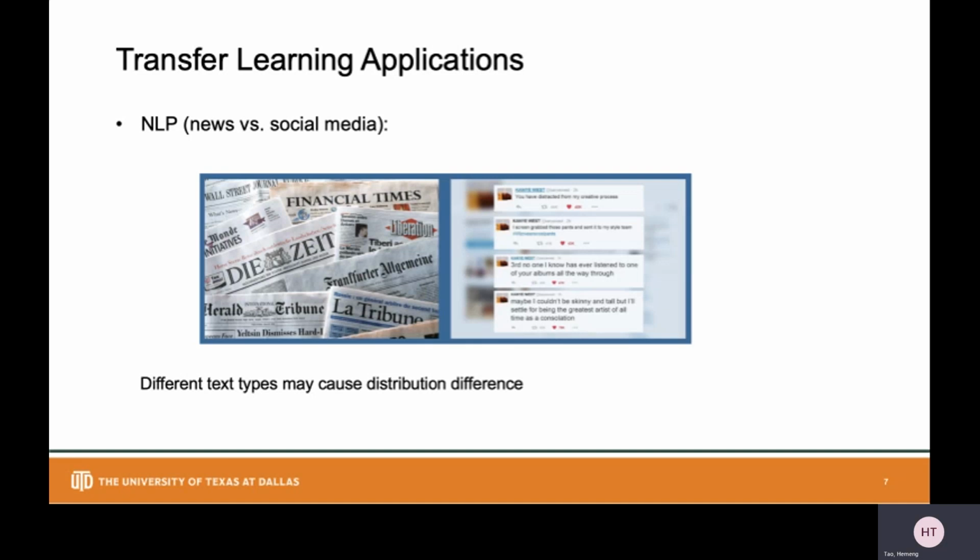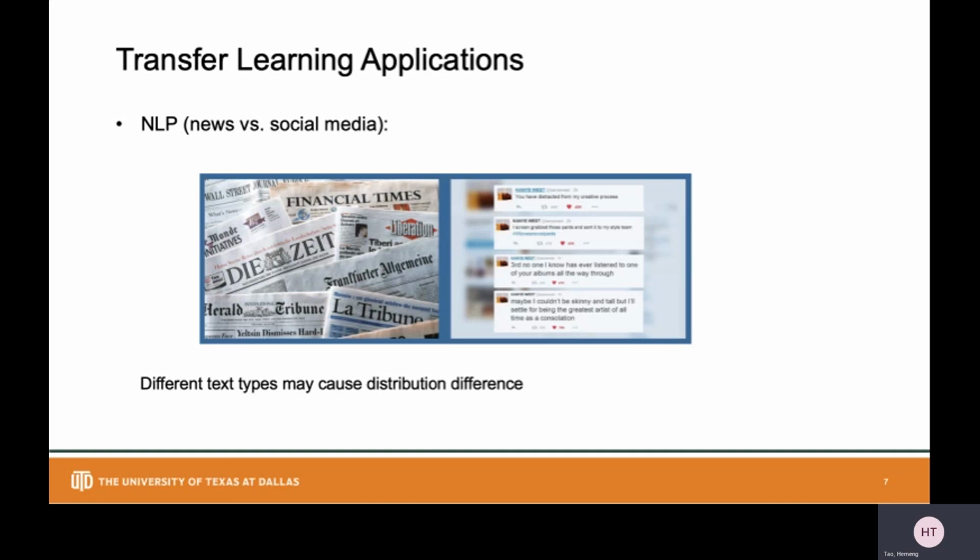And the second application is in the NLP area, where different text types may cause distribution differences. You can see here we have two different texts from different sources.